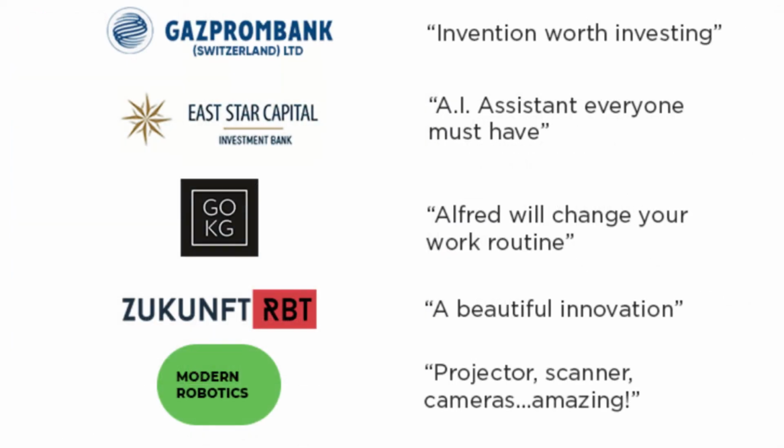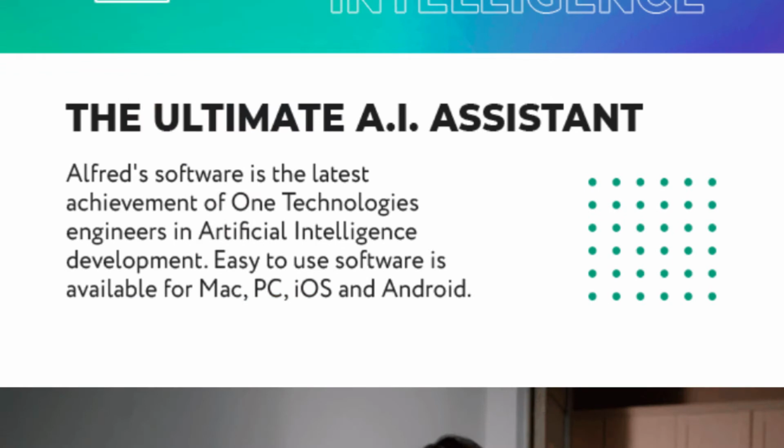Now, once again, we have the usual set of suspects. Things that say it's a beautiful innovation. It'll change your work routine. It's an invention worth investing. But has anybody seen or used an actual working prototype and can show us how well it works? I don't think so. And here, where they talk about their ultimate AI assistant, I come up with my usual